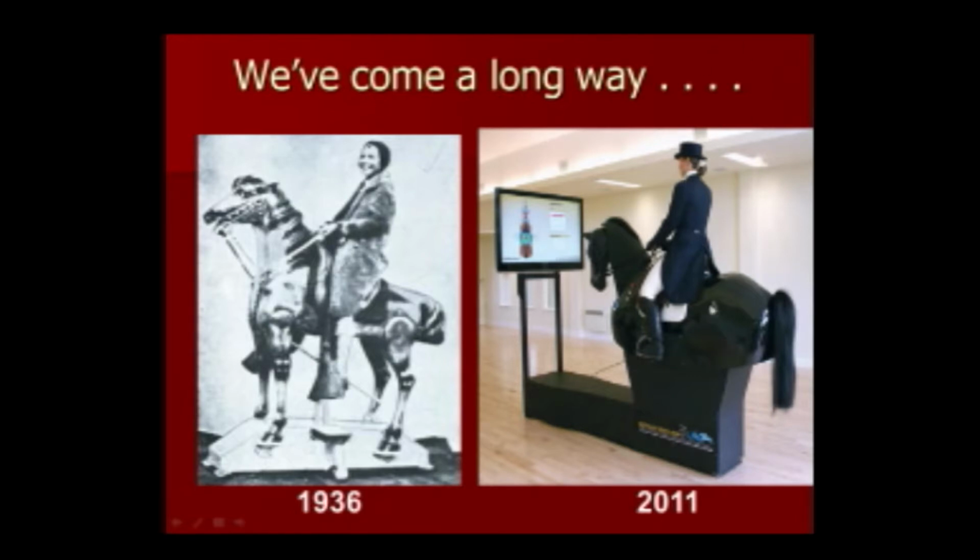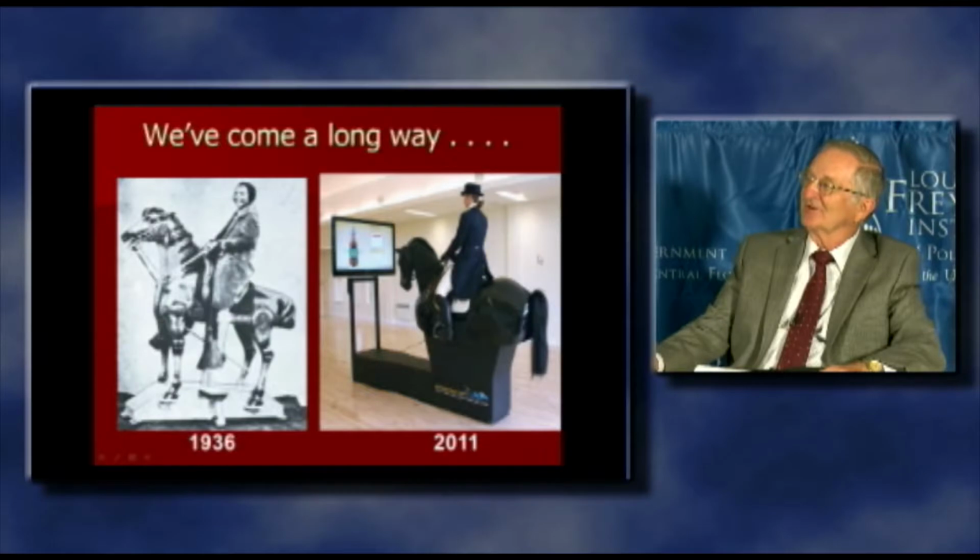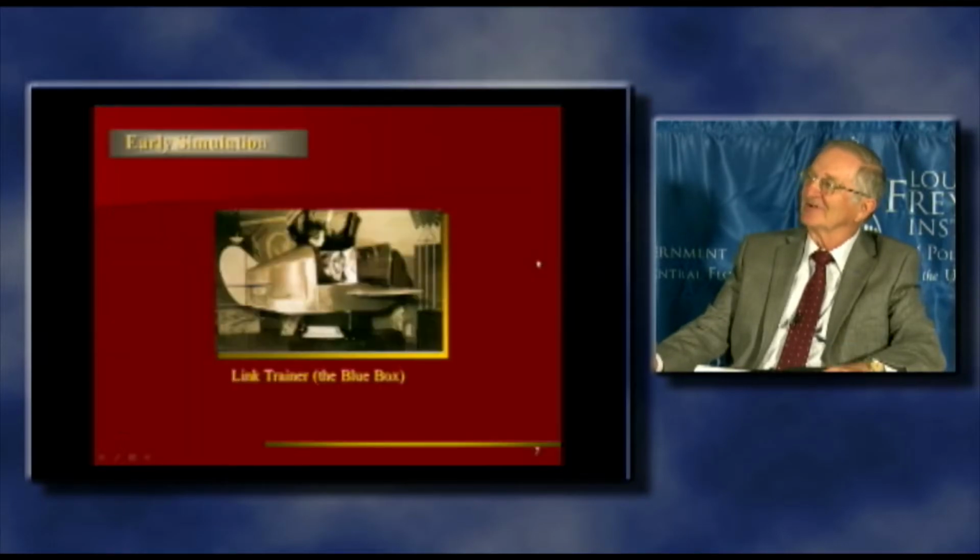We have a rider, we have a simulated horse, we have a screen, and the individual rider then can practice riding by giving commands to the horse, and the horse behaves accordingly, the simulated horse that is. This is the horse that doesn't eat hay. The individual is able to get instructions from the built-in instructional features of this. This whole thing is called a dressage. It's an expensive program to get into, and I'm not very familiar with it.